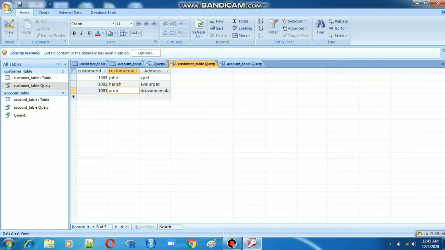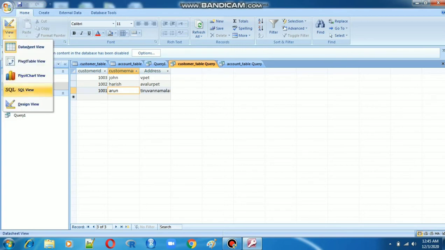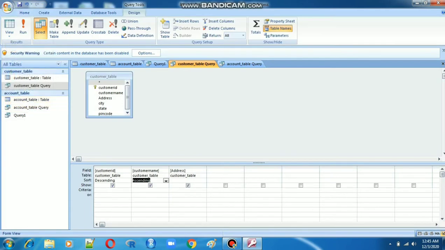Next one, go for view option, design view. Next one is show. If you want to show, you have to click; if you don't want, just click and remove that tick.